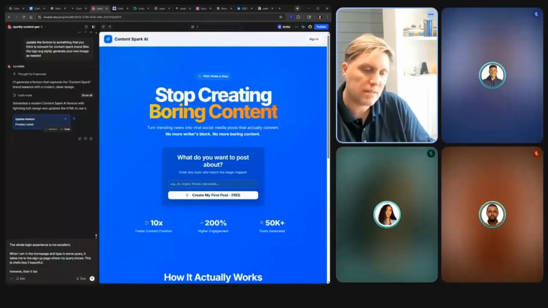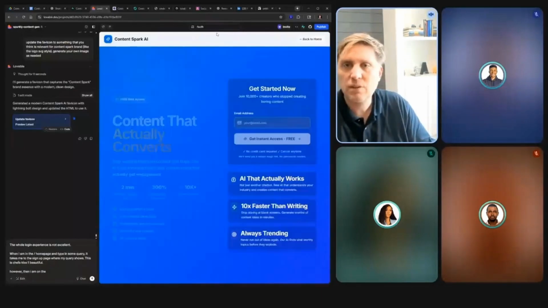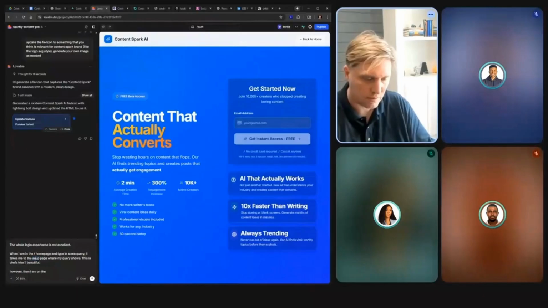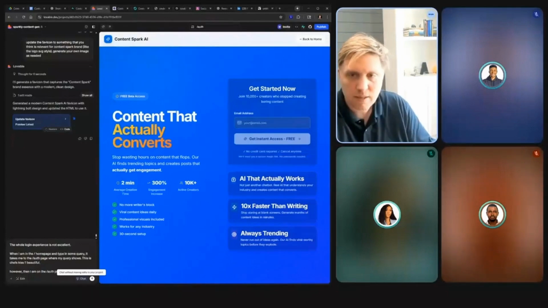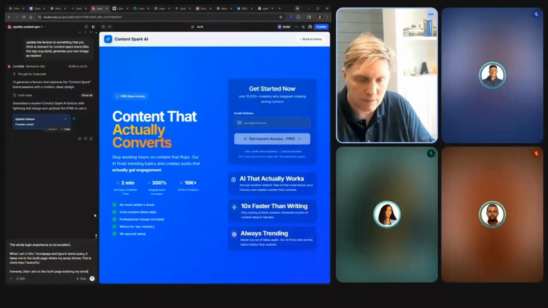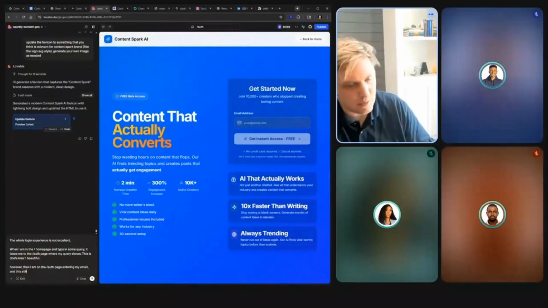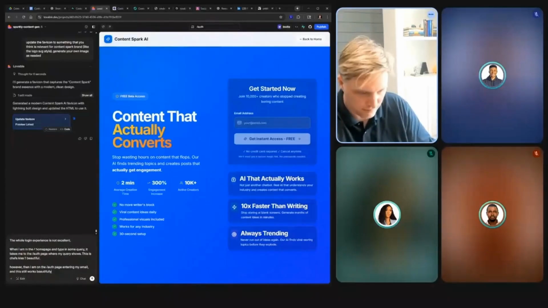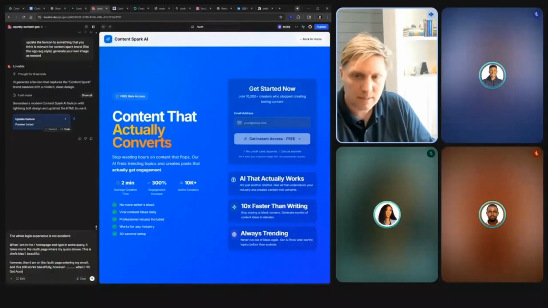Then I am on the sign up page, and this page is called auth. It's important to be precise. Okay, however, when I'm on the auth page, entering my email, it just still works beautifully. However, when I hit access free,